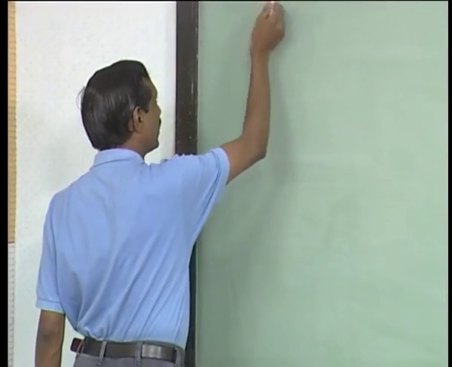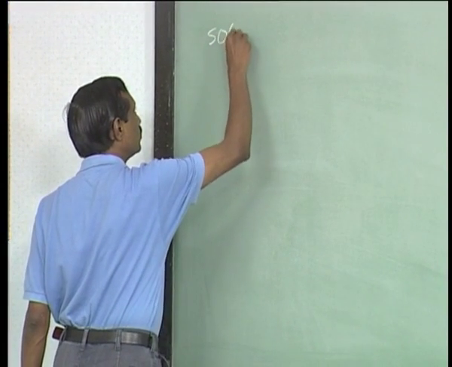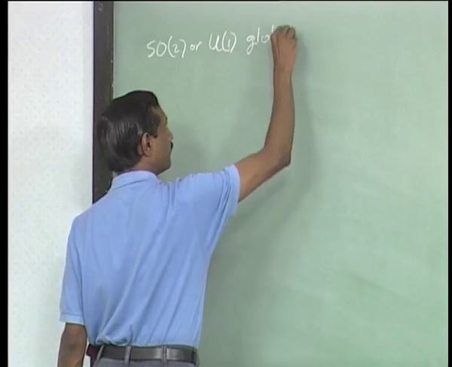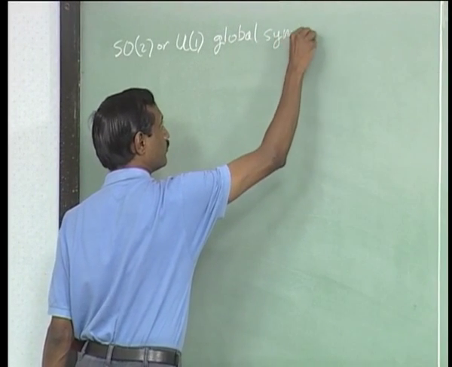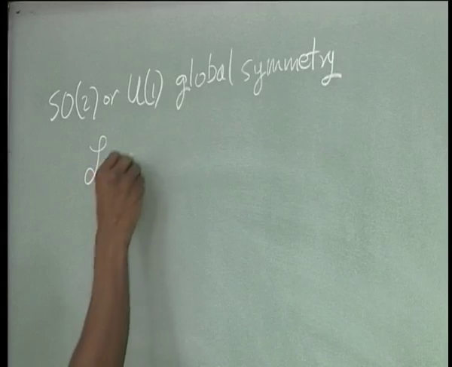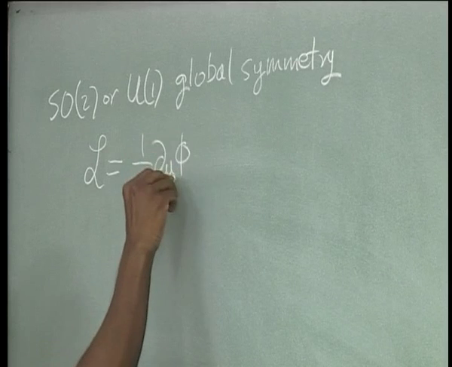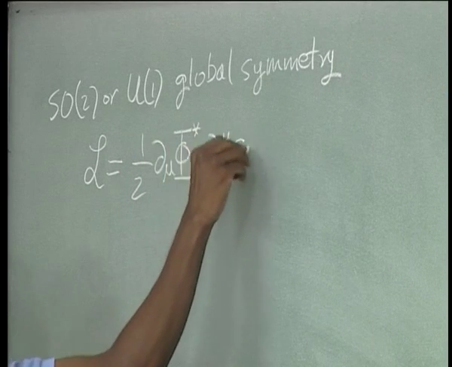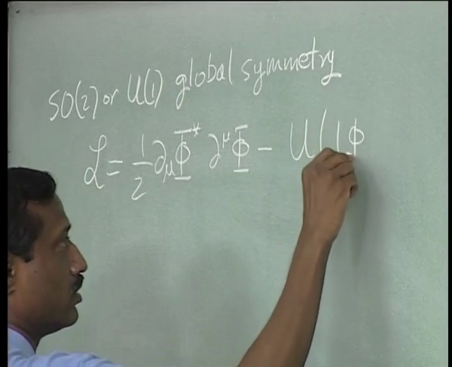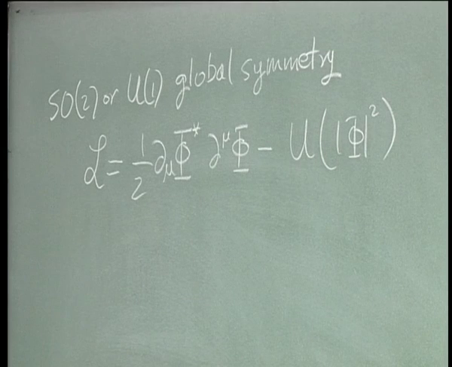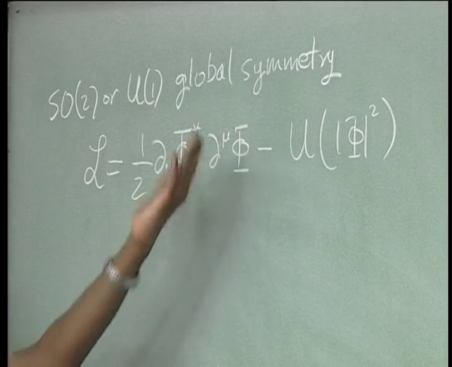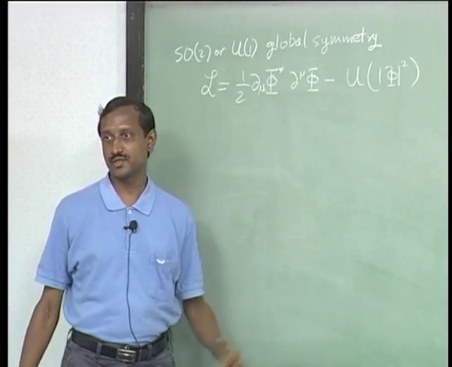Looking at what we started out with. We started out with a theory which had SO(2), or equivalently U(1), global symmetry, and so we had a typical Lagrangian which had this form, where phi was a complex scalar field, minus some U which just depended on the magnitude of phi. This is a typical Lagrangian: a two-derivative kinetic energy term and an arbitrary potential which has global U(1)